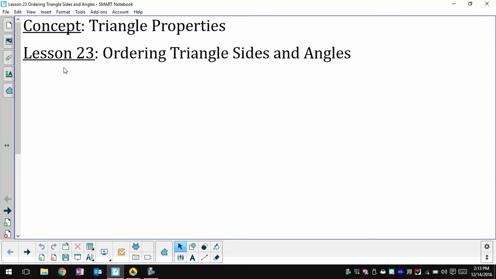Hey all, today we're going to talk a little bit about some properties of triangles. We've already talked about angle measures of triangles. We talked a little bit about, well, a lot about triangle congruence, and now we're going to talk about some